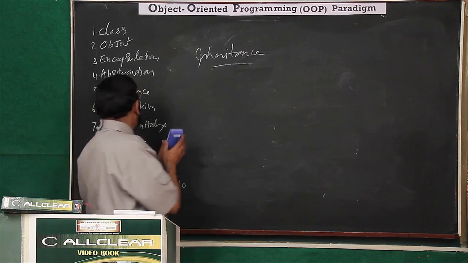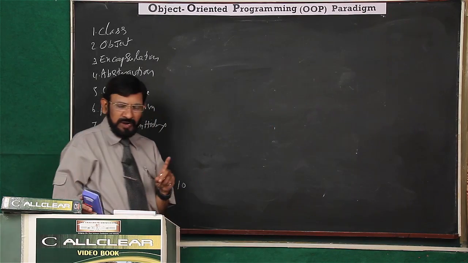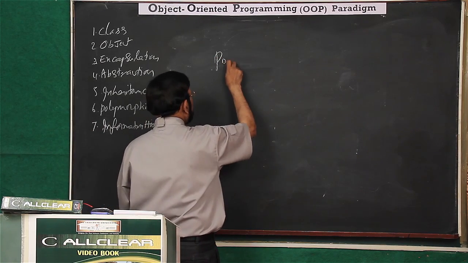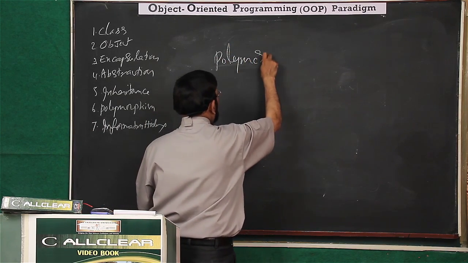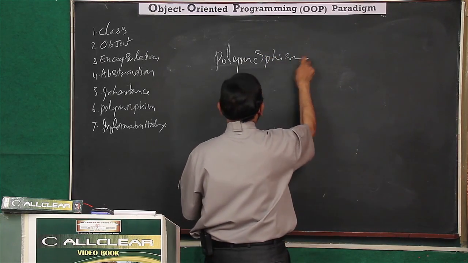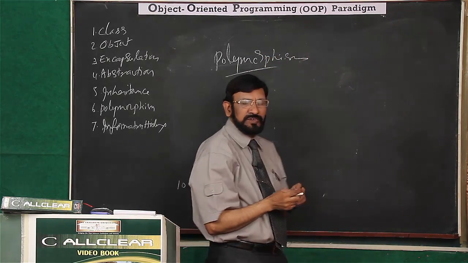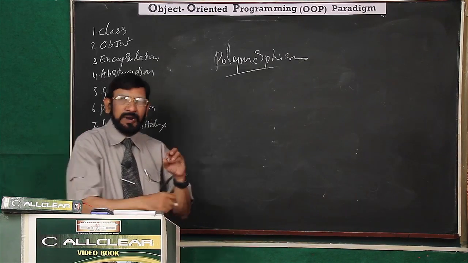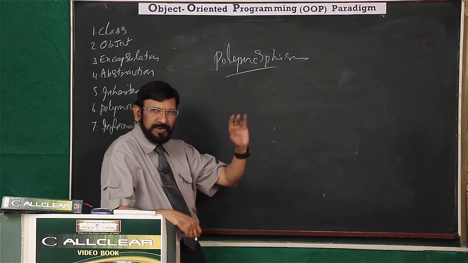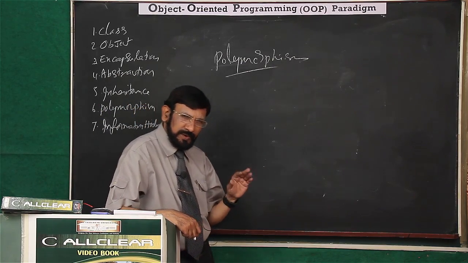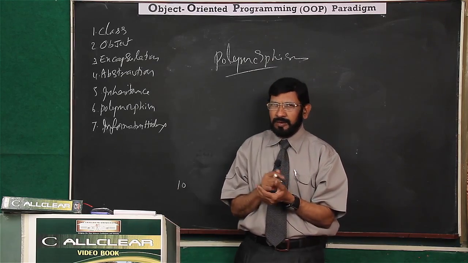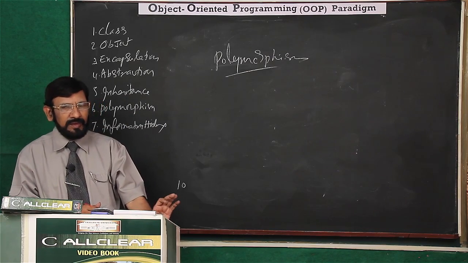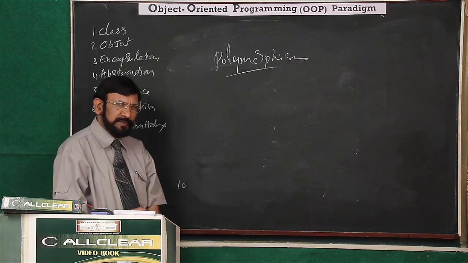Next important concept is polymorphism, which is totally implementation oriented. By description, you may not understand the real smartness of polymorphism, but in an actual environment, polymorphism is a wonderful feature. Polymorphism means multiple forms, if you take the verbatim meaning. Actually, the real, descriptive meaning is one interface, multiple forms of implementation. That is the meaning.